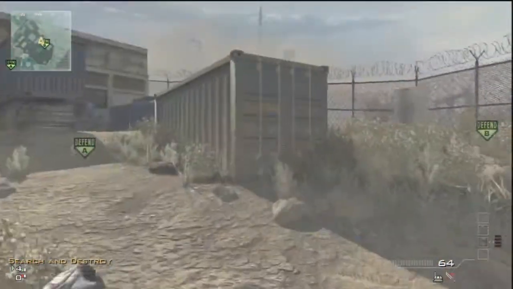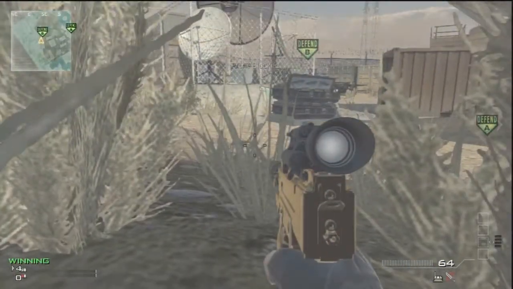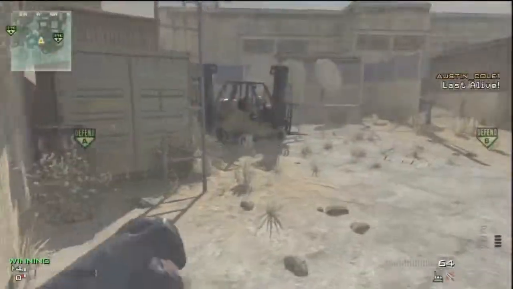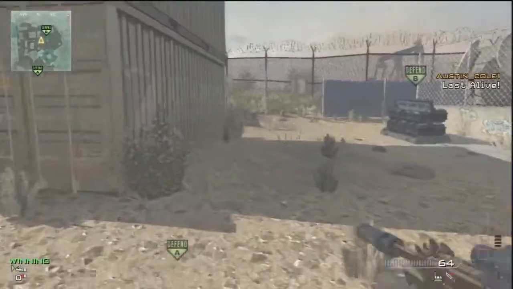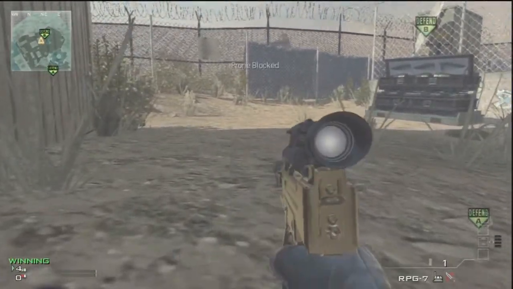For this first one, on the bomb B, you're going to want to come over to this corner, scoot as far left as you can, and make sure you can see through the bushes and wait for them to come plant. For this next one, you're going to want to come next to this crate, scoot as far left as you can and turn a little bit to your right so you can see them when